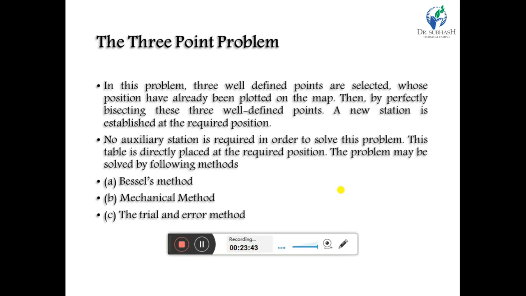For solving the three-point problem, there are three different methods: first is Bessel's method, then the mechanical method, and the trial and error method. Bessel's method and the mechanical method are very important for survey purposes, and the trial and error method is complicated when we adopt it for a large-scale survey map.